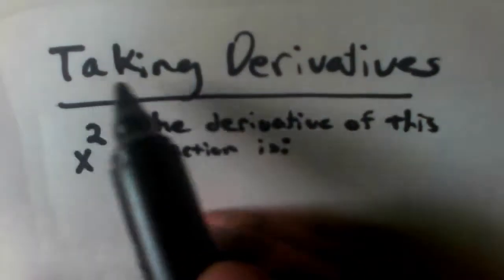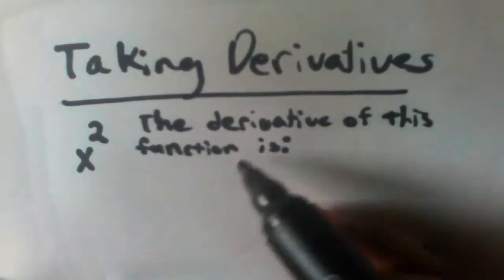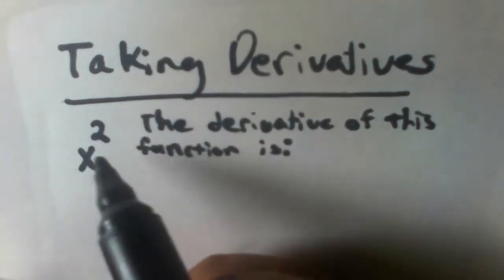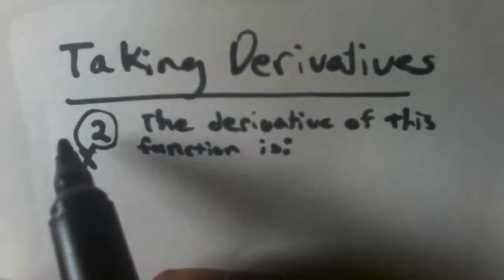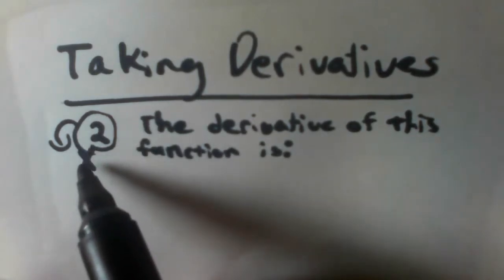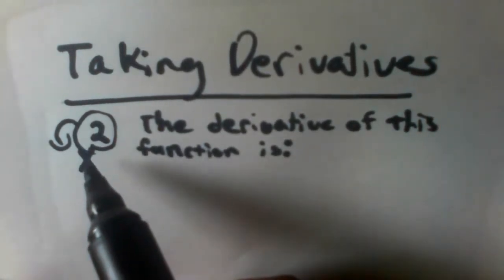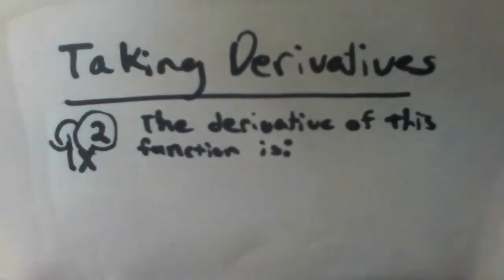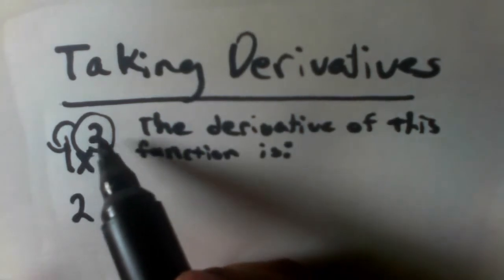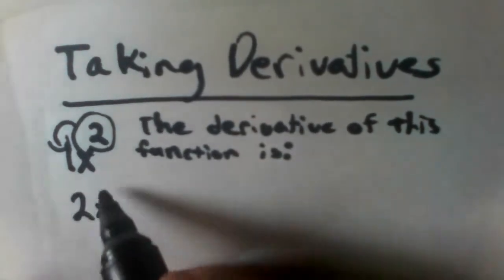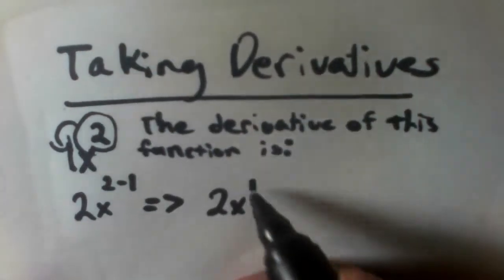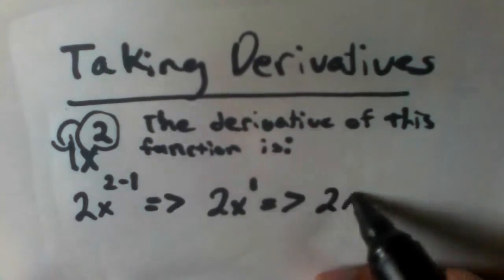Alright, so today we're going to be taking derivatives. The derivative of this function, x squared, is, so the first step is you get the exponent, which is this, and then you multiply this by the coefficient of the variable you're taking the derivative of. So x, right, the coefficient of x is 1, so 2 times 1, that's going to be 2, and then you subtract 1 from the exponent. So 2x to the 2 minus 1, which is the same thing as saying 2x to the first, which is just 2x,